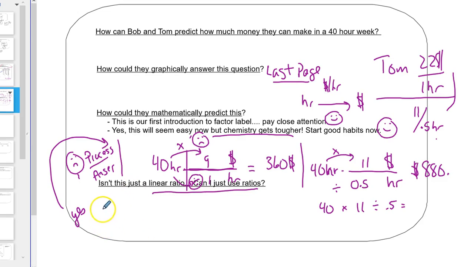So a linear ratio looks something like this. X over Y equals X over Y. This is a linear relationship. X could be dollars and Y could be hours. So let's try this out once. Let's say, again, this is just a tool that flips. So I'm going to use, let's say, Bob again. Let's do $1,000. Let's take something else. Let's do 500 hours. Let's say Bob works 500 hours over the holidays.